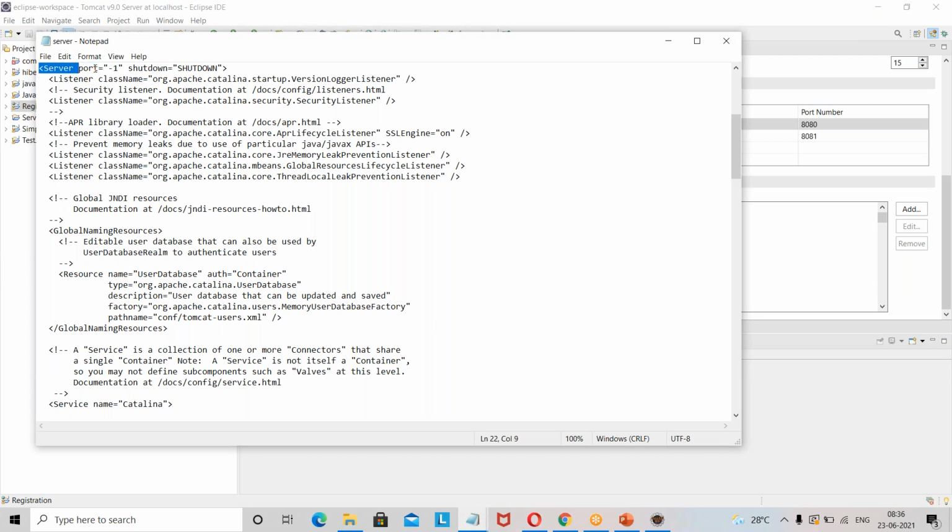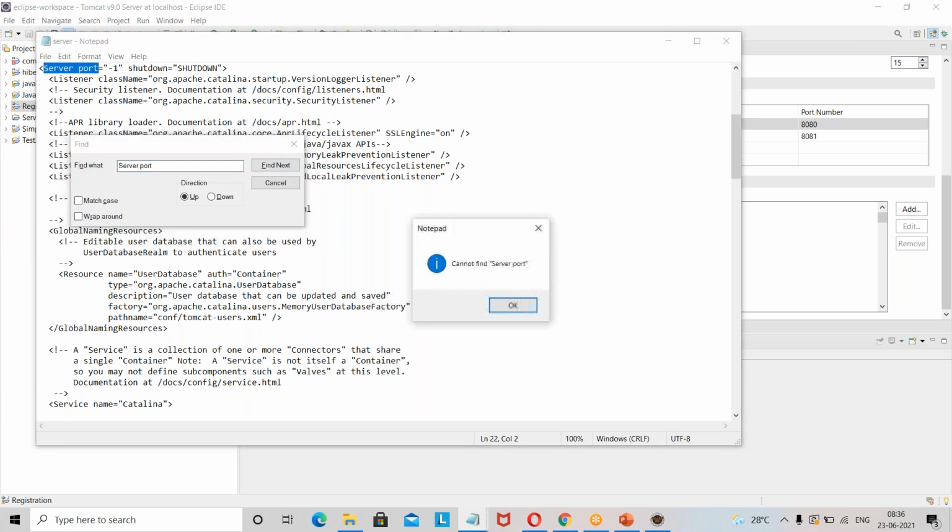Why did the server port come as -1? Port -1.